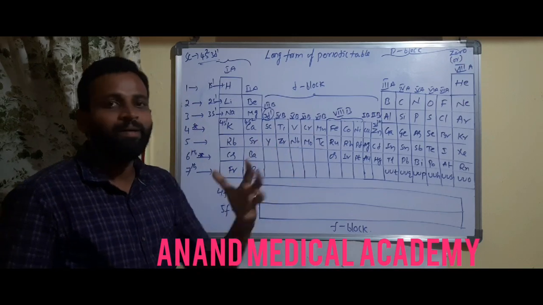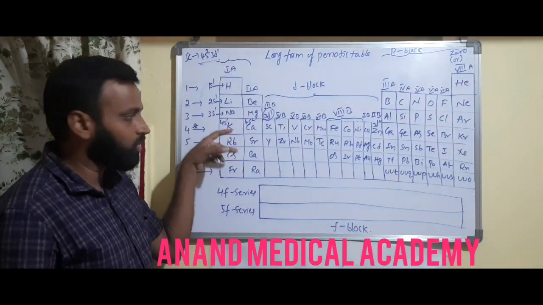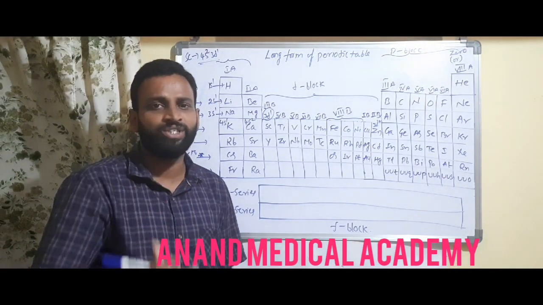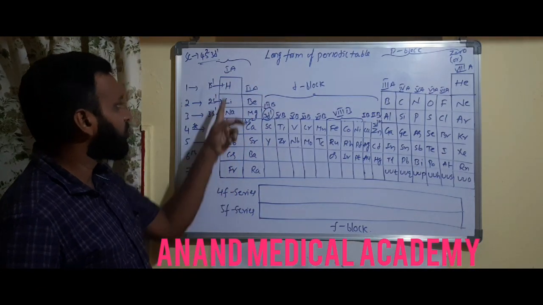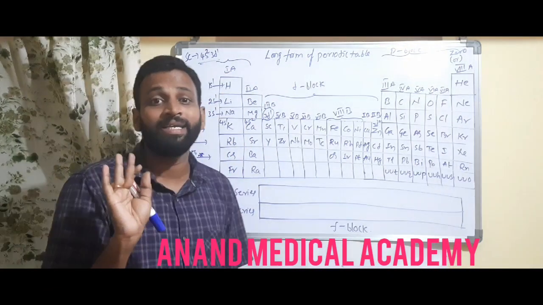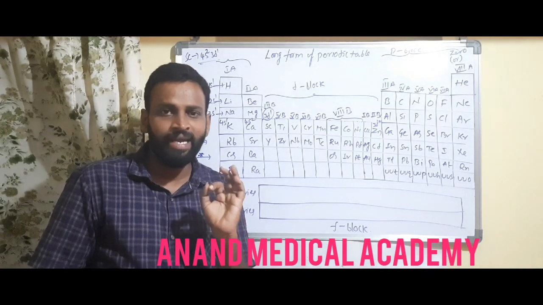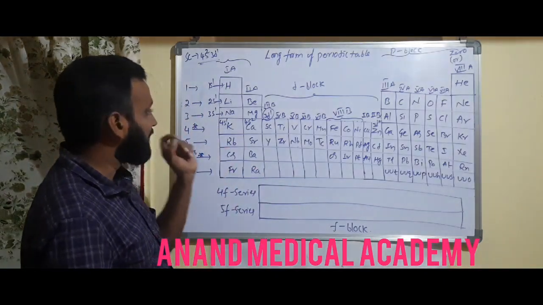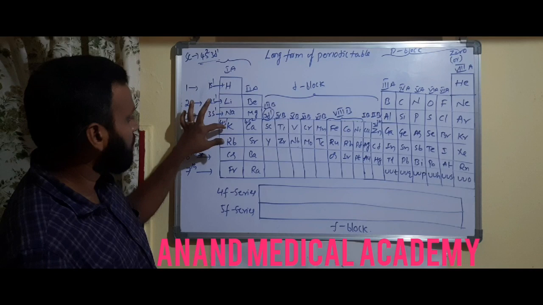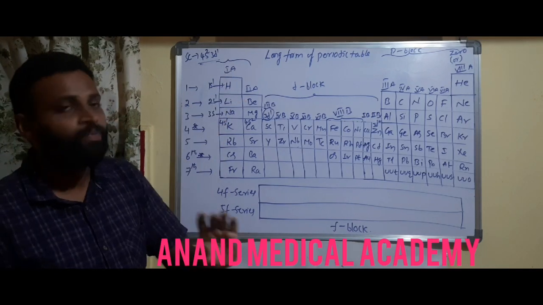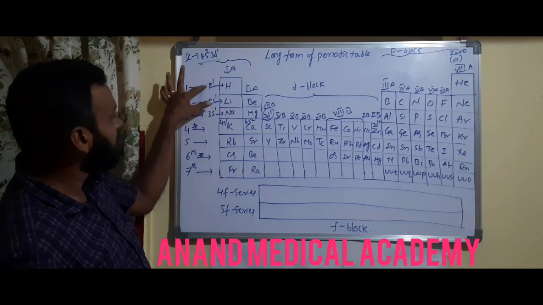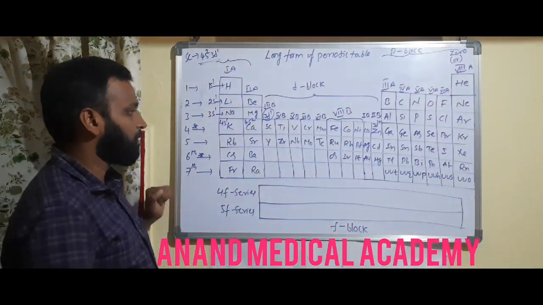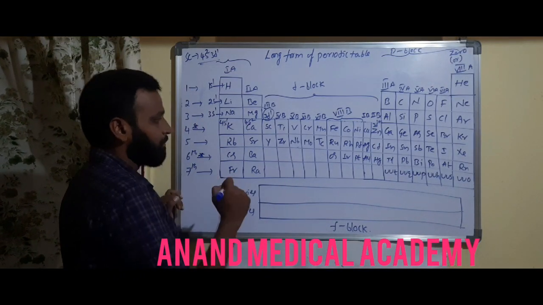So how to remember? I am telling. Individual group wise you have to remember. 1A group elements, sir, 1A group, okay, after hydrogen, lithium, sodium, potassium, rubidium, cesium, francium, like that. Hydrogen is kept along with 1A, but hydrogen is not a metal. H2, a diatomic gas it is. Hydrogen exists in nature as H2 gas, a non-metallic gas. Alkali metals means lithium, sodium, potassium, rubidium, cesium, francium, not hydrogen. Why is hydrogen placed along with 1A? Because the electronic configuration is similar. Getting what I am saying? It is very important for us.